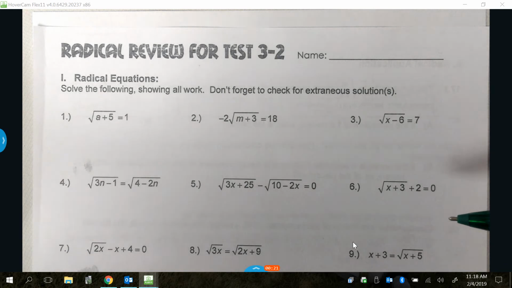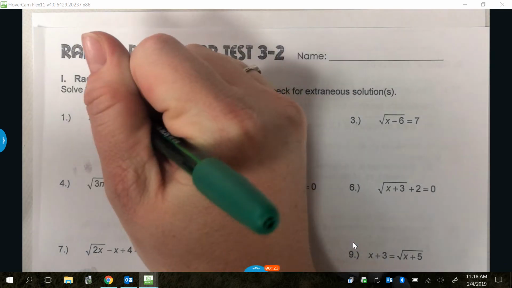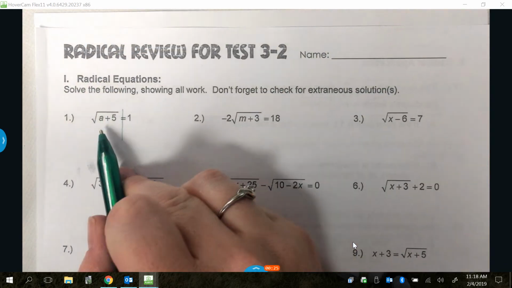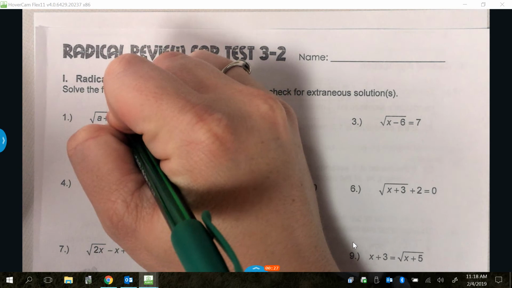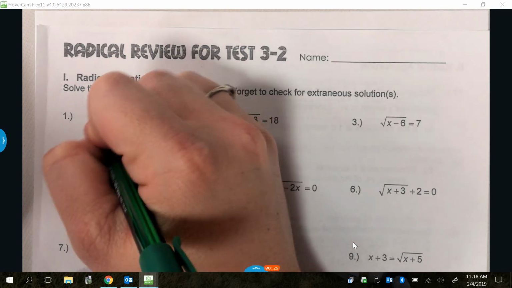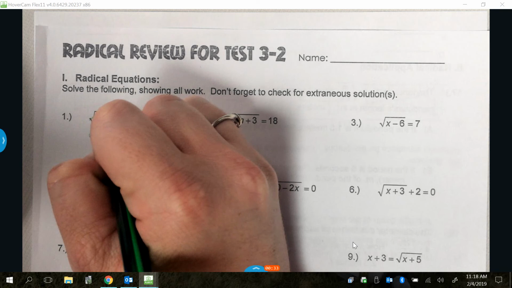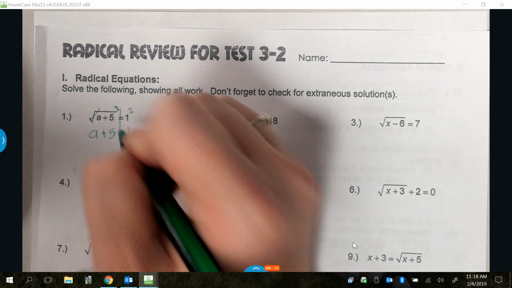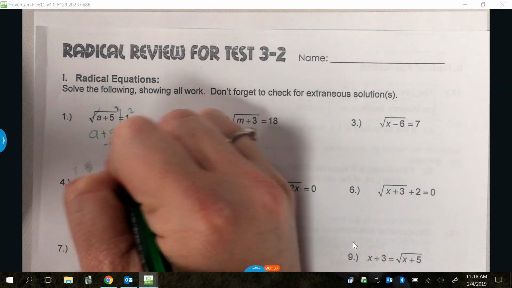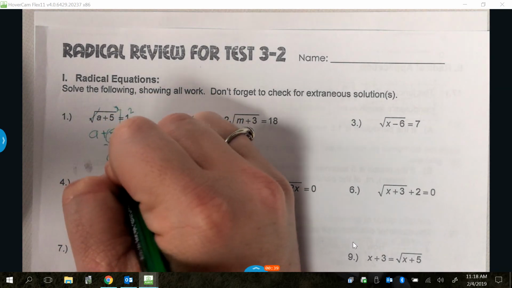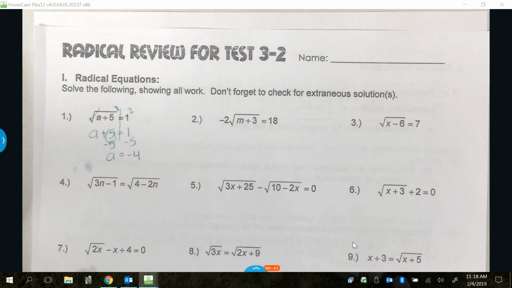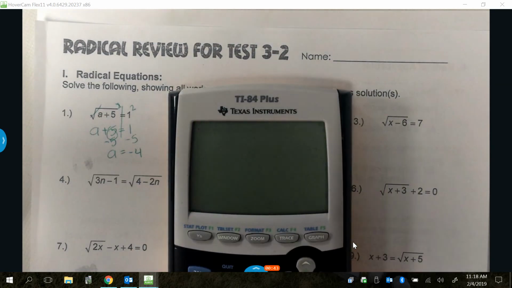But just a reminder on how to do them in the calculator. So remember, always get your radical alone first. So the radical's alone. So once the radical's alone, you square both sides. Square root cancels squared, or squared cancels square root. 1 squared is 1. Subtract 5 from both sides. A equals -4. So to check our work in the calculator,